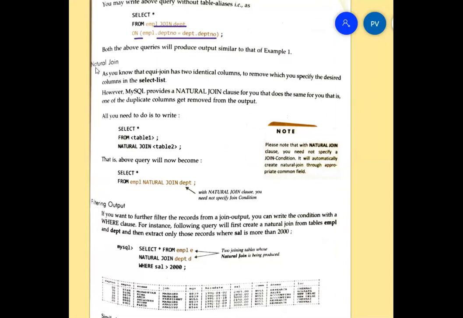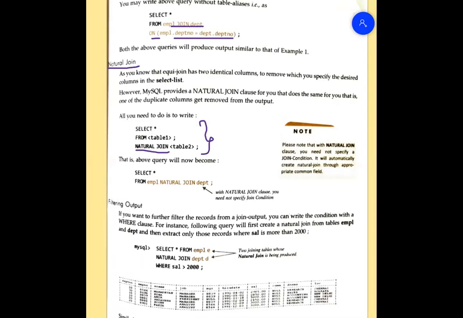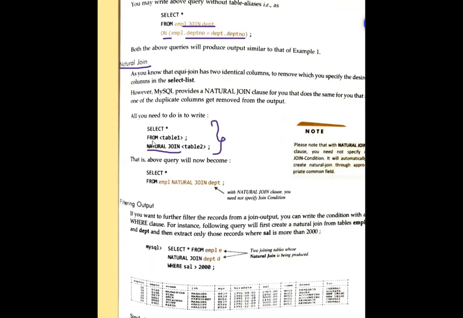Then second type of join was your natural join. Previously we have done cross join, now it is natural join. In natural join you can write, see, this is the format given to you for the natural join. The format is select asterisk from your table name, then natural join is the keyword. Because see, if we will only write join, it will be a cross join. So therefore, if you want natural join, it is compulsory that you are going to write